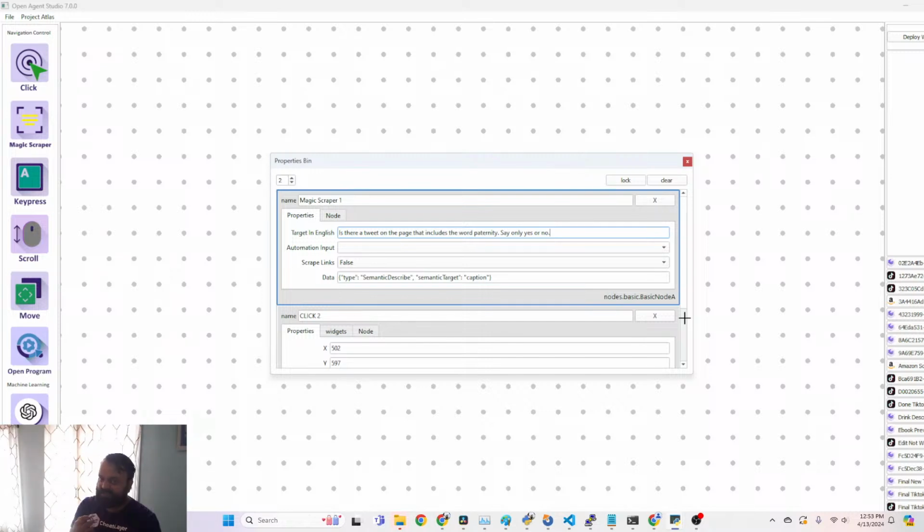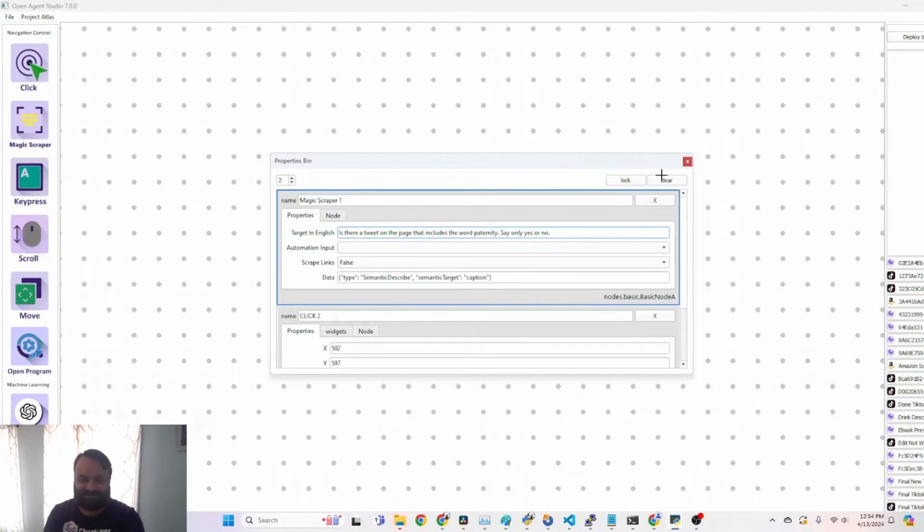That way, if you didn't do that it might describe the output, but in this case you can keep adding to the prompt. This prompt can actually be 20 pages long to teach it the rules and formatting of everything you need it to understand. Kind of like an employee, actually. If you've trained an employee to do a task that requires some kind of visual reasoning, you can now train this single magic scraper node to do it. So it's kind of powerful in that way.